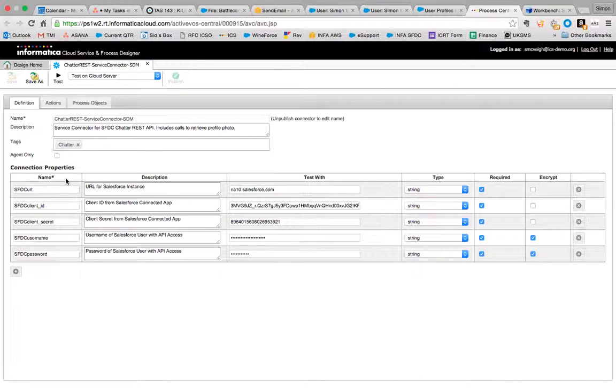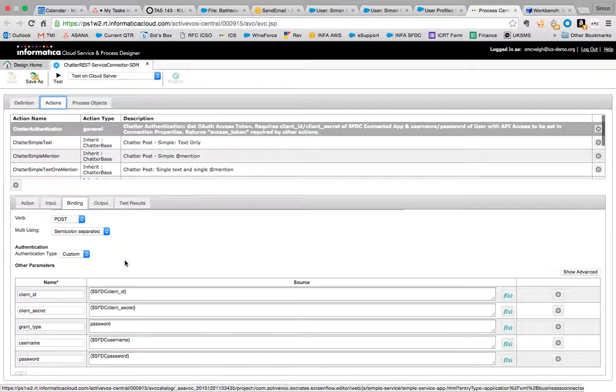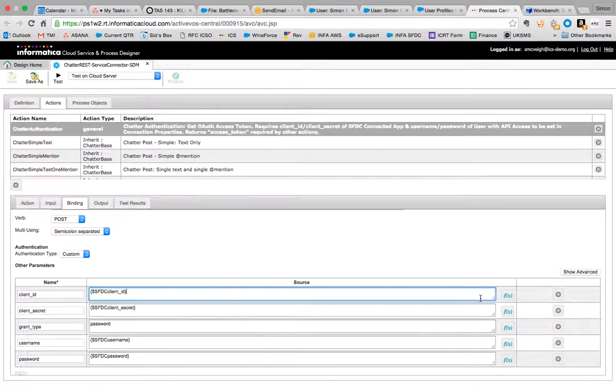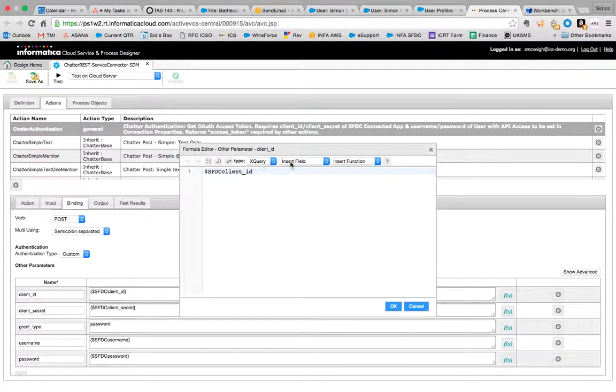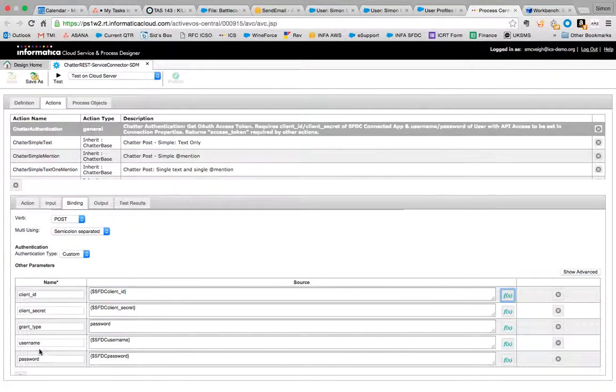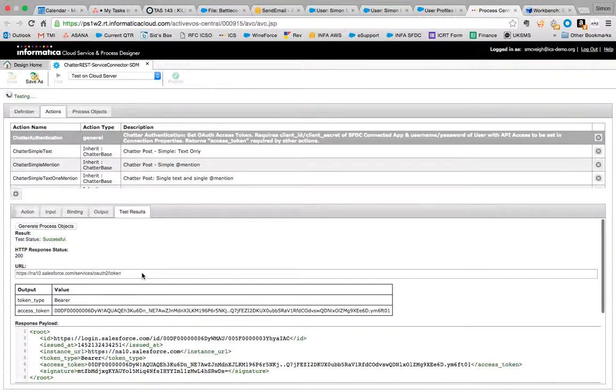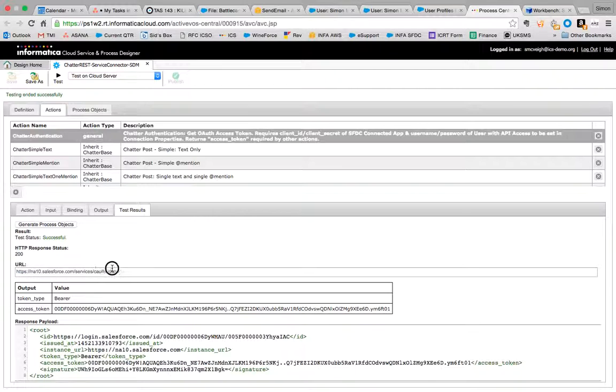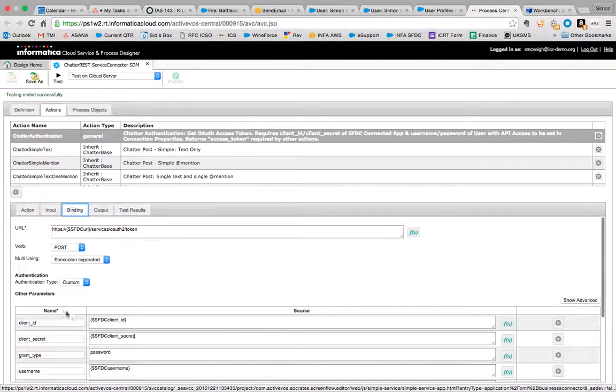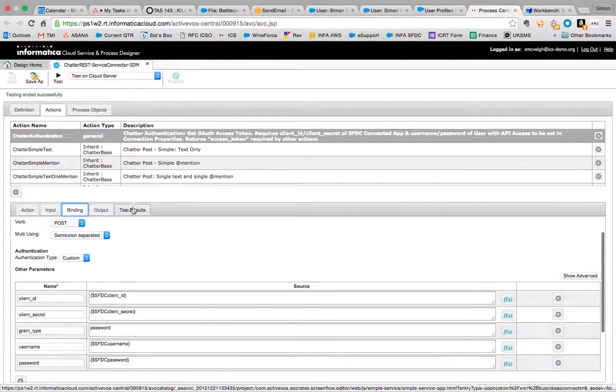And when we go to the Actions tab, you can see that we've just used the formula builder here and then just select the connection properties to pass those in as variables. It's pretty straightforward, but we're going to pass those through, and what happens is when we go and do a test, if I was to run a test here, it's actually going to call off to the URL that we've defined. It's going to pass all of the parameters that we've mentioned in the binding here in these other parameters section. It's going to pass those through as